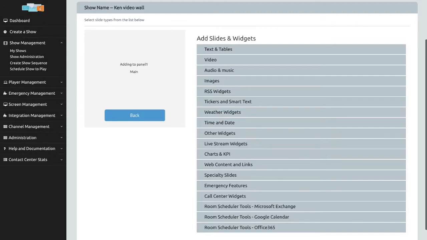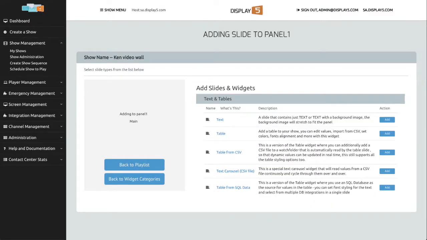each category. The Text and Tables widget category contains one widget for adding a text slide to a panel playlist, and multiple table options. The simplest table widget lets us create a table and populate its contents manually. The other three table widgets allow us to format a table which will be populated automatically, from a CSV file